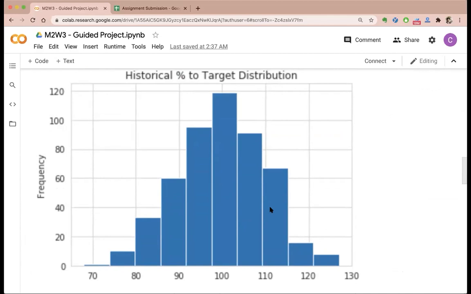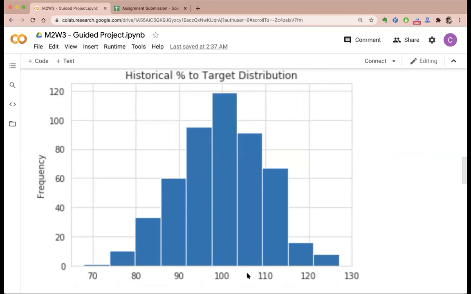Once you plot it, many things will be clear. This is the first EDA, the first analysis that you will be doing. Since you are given the luxury of having past data, you will try to plot the distribution and see what has happened over the years. So from this chart, from this histogram, what can you conclude? Can you start concluding things about percentage to target? This is the percentage to target that people have achieved.